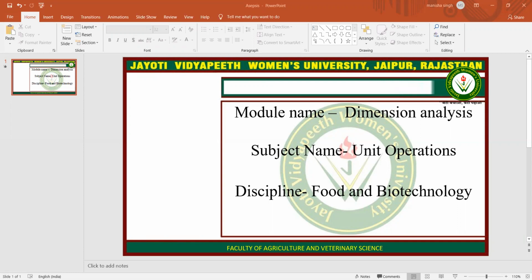To solve the mathematical problems of physical quantities, it is important to have a brief knowledge about the units and its dimensions. The basic concept of dimensions is that only those quantities can be added or subtracted which have the same dimension. This concept helps us to derive relationships between physical quantities. Dimensional analysis is the study of the relation between the physical quantities based on their units and dimensions. It is used to convert a unit from one form to another.